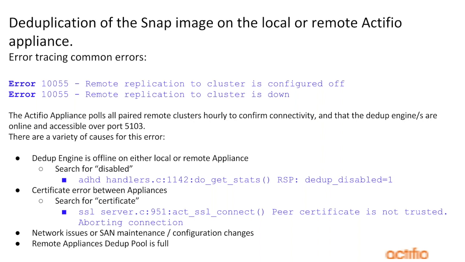And again, all of these log messages do have detailed timestamps on them. I just took them out for the sake of saving room on the slide. So if you have an idea, I saw that the dedupe pool was online an hour ago, you can narrow down your search and then search for disabled, and you will see dedupe disabled equals 1. Now dedupe disabled obviously needs to be equal to 0 for it to be enabled. If you find this,